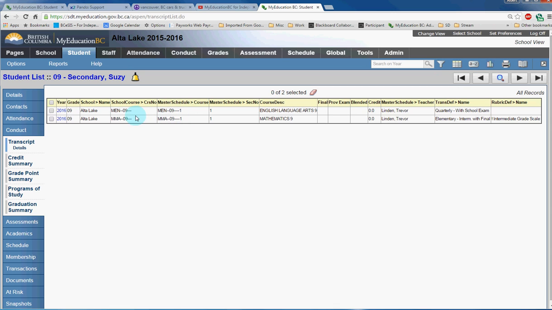So our goal today is to add English 10, which is a provincially examinable course, to this student's past courses. So as we can see, there are no entries for English 10 for this student. Now before we add the course, we need to make sure that the course is one of the courses available at our school. So to check that, we click on the Schedule top tab,